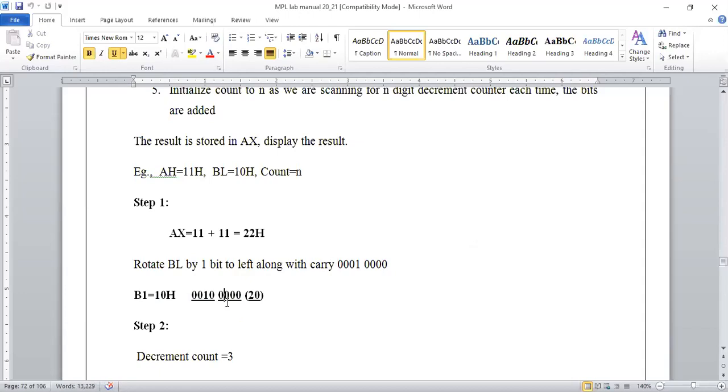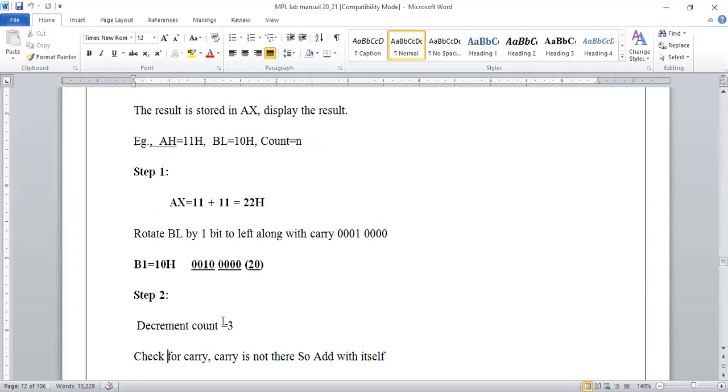So after every addition we need to perform this shift. That's why it is given the name shift and add, right? So after doing the first shift we are able to get this, right? This one which is at this location will be shifted into the next location, just one bit.